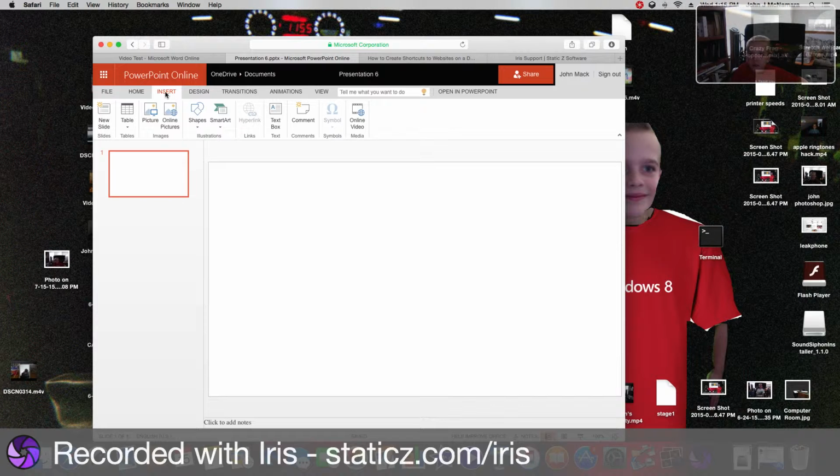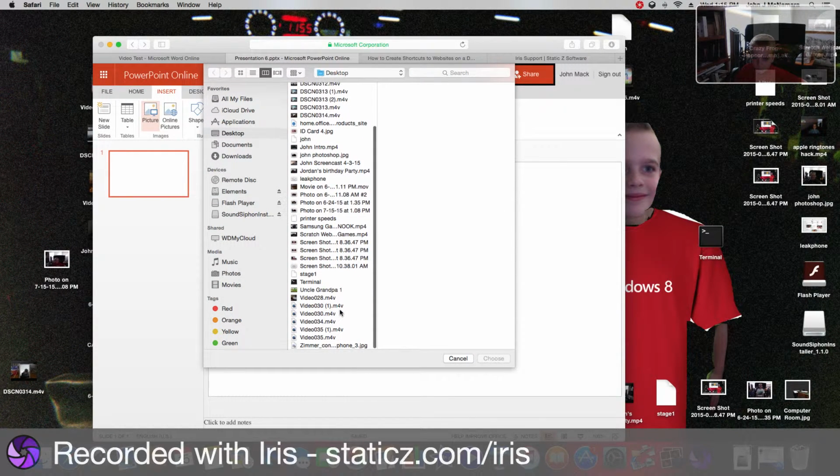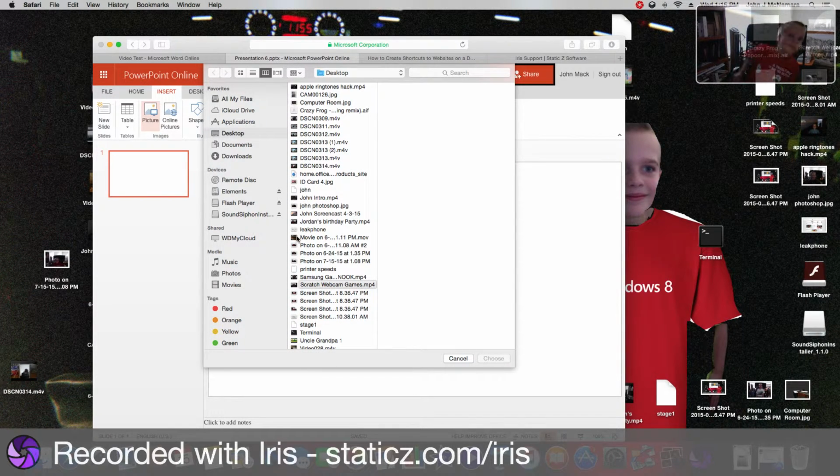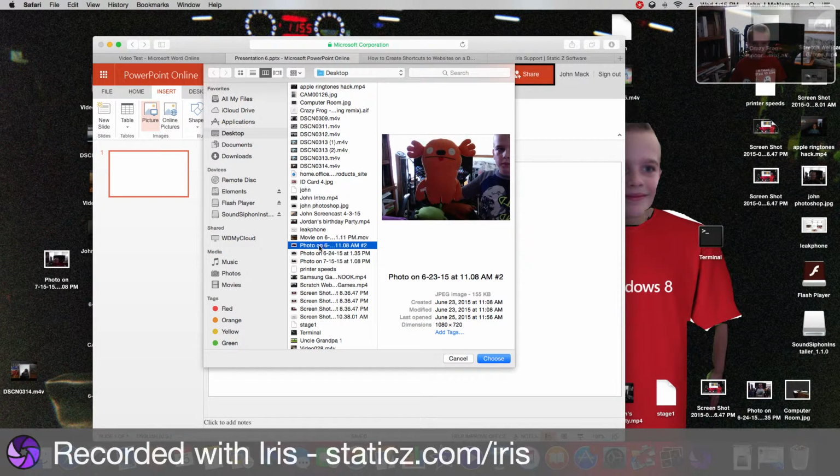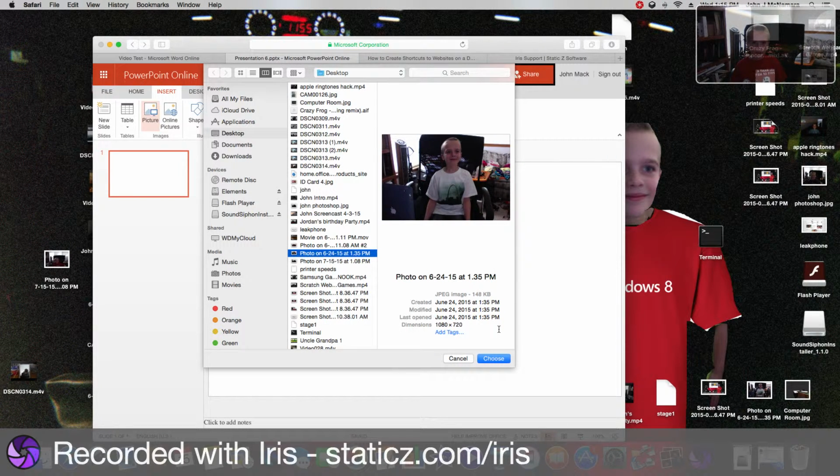Now, like before, I'm not going to go through all the tabs again because it would make it like 30 minutes long. Don't want it to be that long. Picture. I'm just going to insert a picture. Now, in some cases, when you click on the picture button in PowerPoint, it doesn't filter so that the only things you're able to insert are photos. So if you insert something unsupported, it'll know. But my point is,